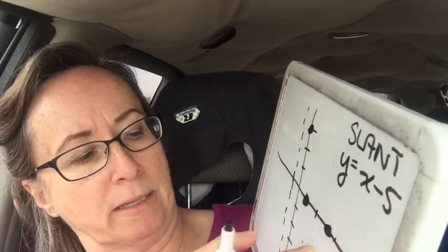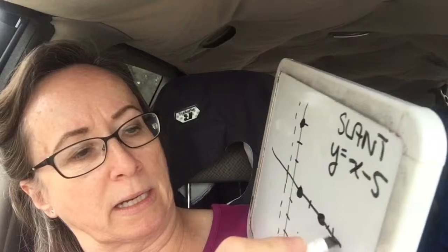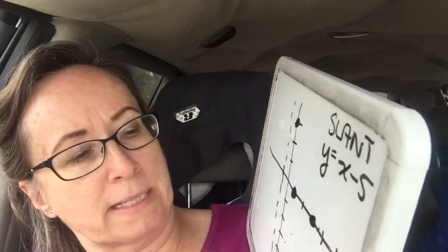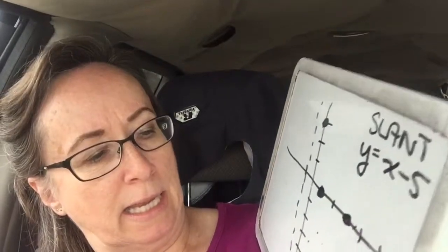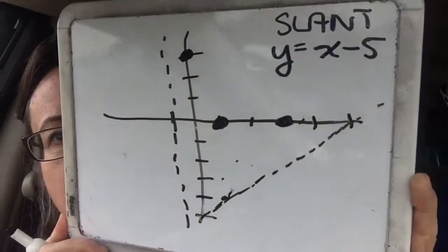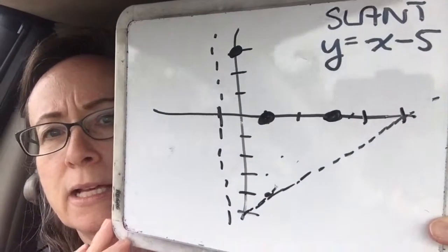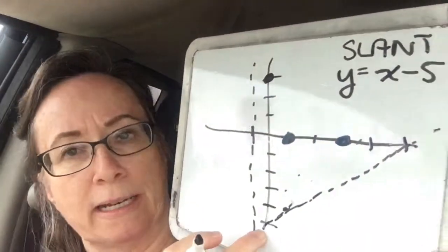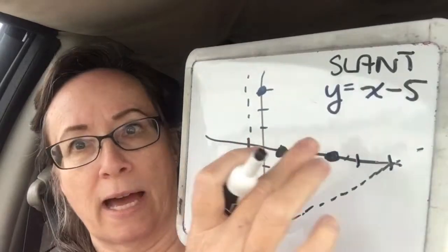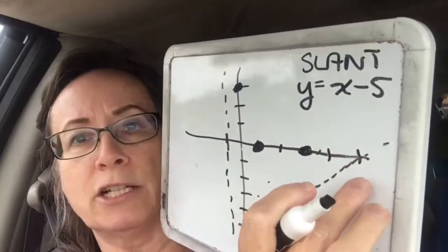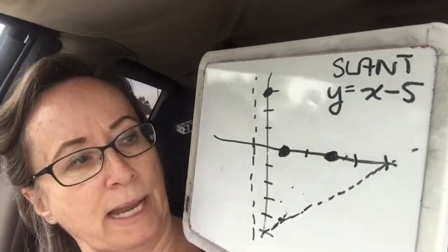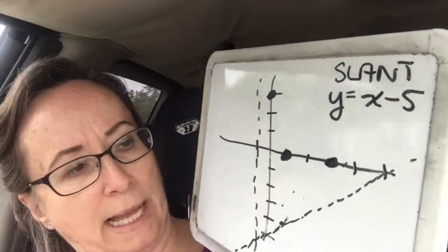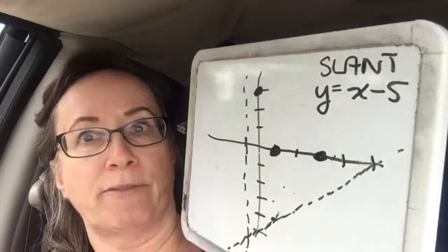Okay, I've made it a little bit too steep, so I'm going to make it a little bit flatter, because by the time it gets up to the line, it should be going through 5 and not through 3. So this has got a slope of 1, and since it started at -5, when it goes up 5, it'll go over 5. So it should hit at 5. So now we've got our slant asymptote, our vertical asymptote, and now we just have to figure out what's going